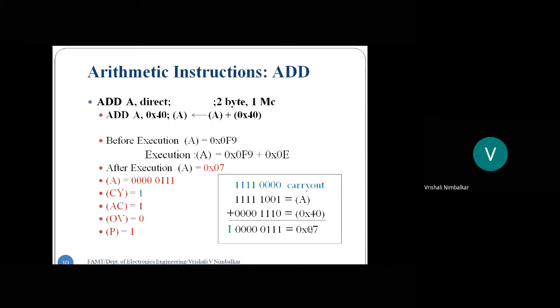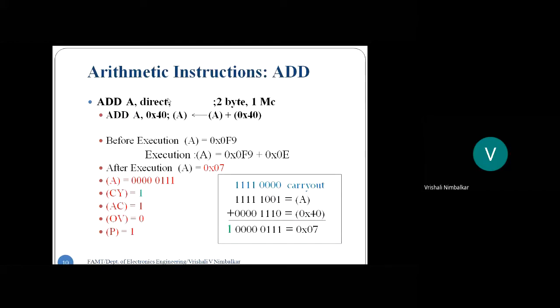Okay. And see, one number is positive, the other number is negative, meaning there is no overflow. Overflow happens when you are adding 2 positive numbers or you are adding 2 negative numbers. Here one number is positive, the other number is negative, so there will never be an overflow. Overflow will be 0. And see the parity. While calculating the parity, you only consider the 8-bit answer, that is 07. There are first, second, third, 3 logic ones, meaning odd parity. Parity flag is set.